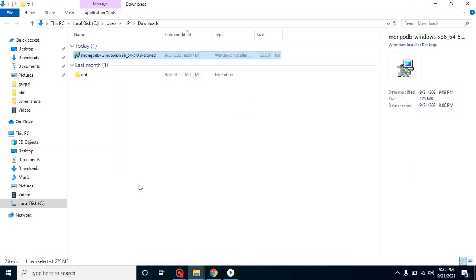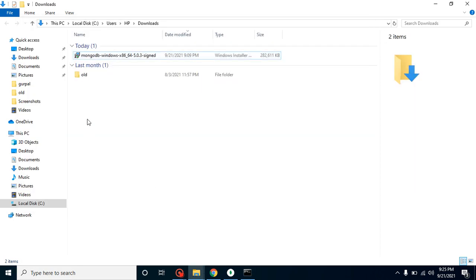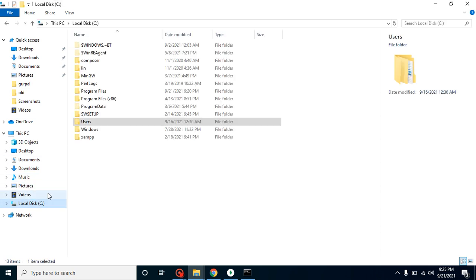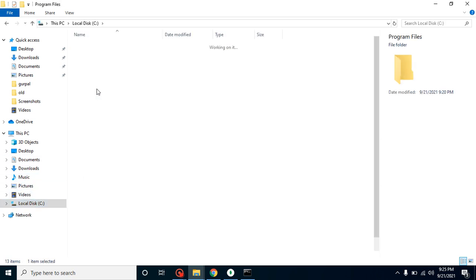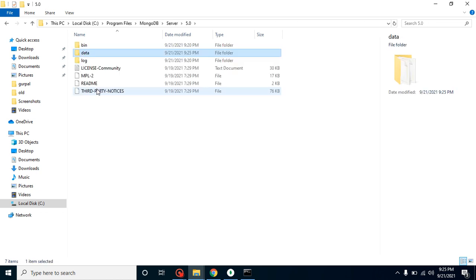But first of all, we can see whether it is installed or not. For that there is a simple process that we do with Node.js and npm and all. So we can just open the command line and simply put here mongo. Whenever you click on enter, you will find that the command is not recognized. So is MongoDB not installed? Actually MongoDB is installed, but we cannot check MongoDB like this. For that, first of all, just go to your directories, where you installed it, which is C. After that, Program Files. Here you will find MongoDB, and here you can see the version and all.